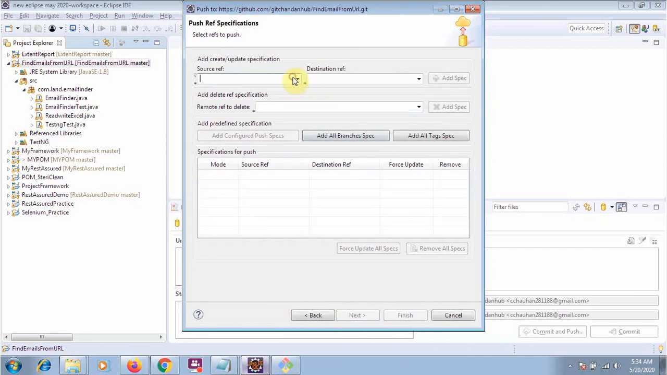This window will appear. Just click on it and go to the master branch. Inside the master branch, just remove the master and add the star so that all your files get added. Just do the same in the source and destination and then click on the Add Spec button. This one will appear. I will choose force update so that all my files get updated on the